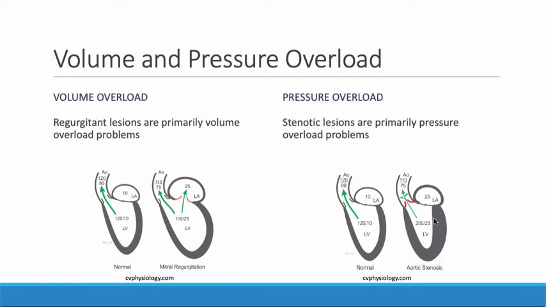And so that pressure overload increases the intracavitary pressure here, and that makes a gradient across this valve, okay? So the stenotic lesions respond by developing higher pressures to overcome that stenosis, and that higher pressure leads to